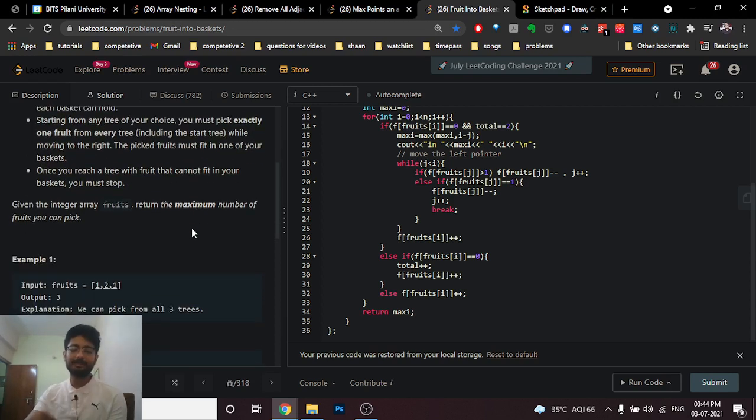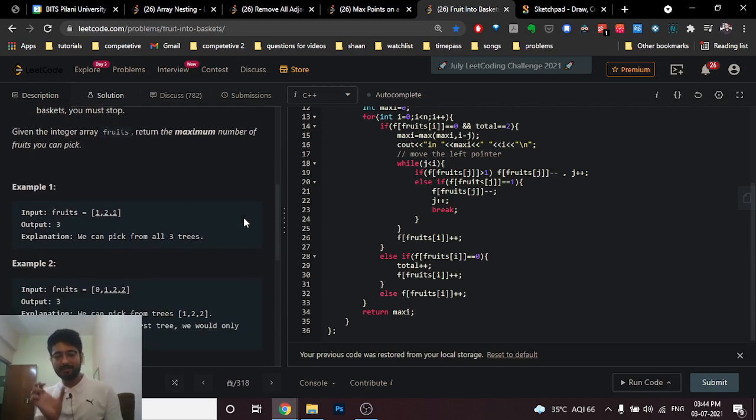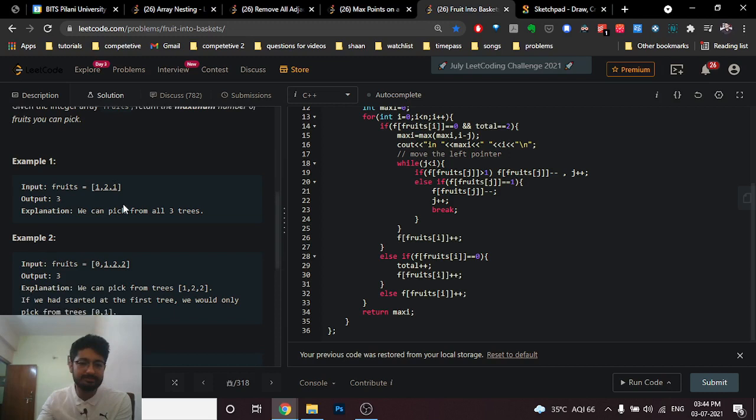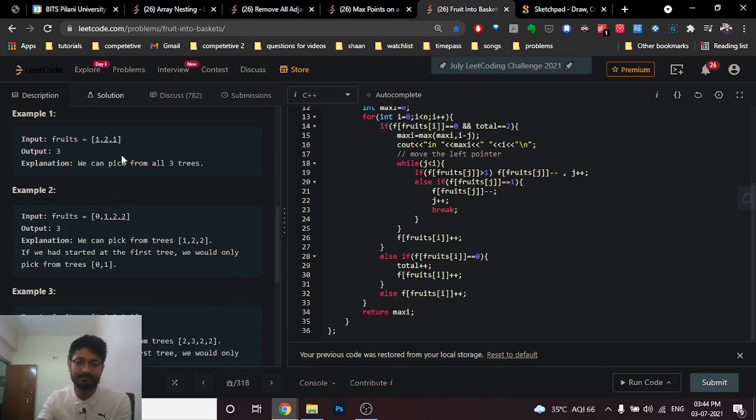You have to stop at the point where you cannot collect the fruit. So I will tell you in simple terms. It states that you have to find a contiguous sub-array which consists of at most two different elements. So the maximum length of a contiguous sub-array, such that it consists of at most two different elements. Now as you can see in this, it is only 1 and 2, so the answer is 3, because